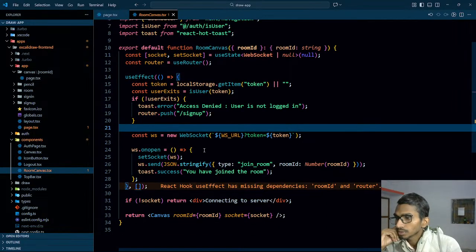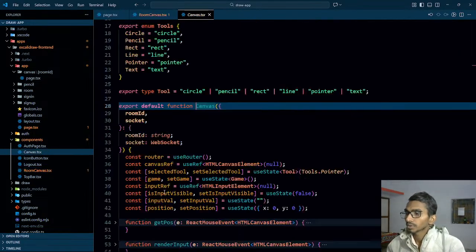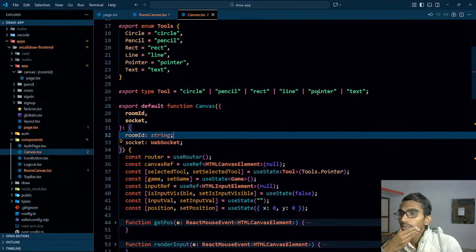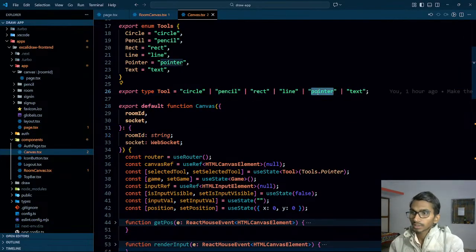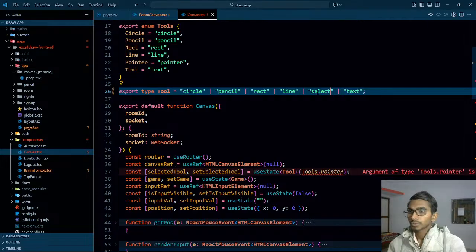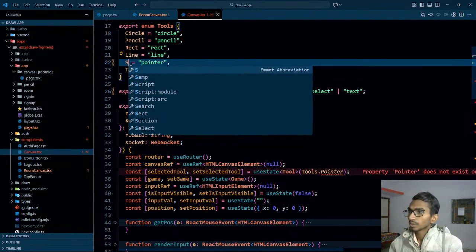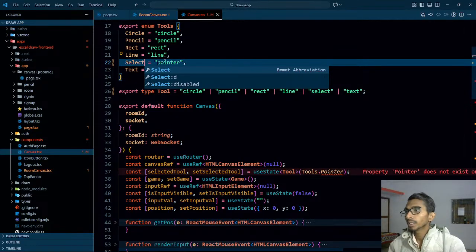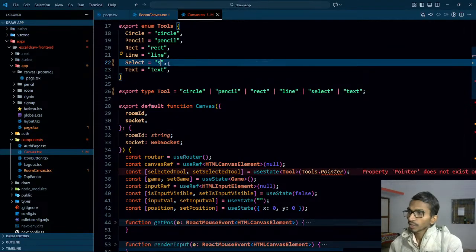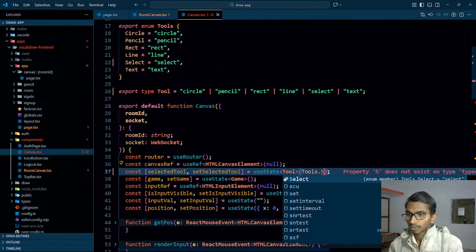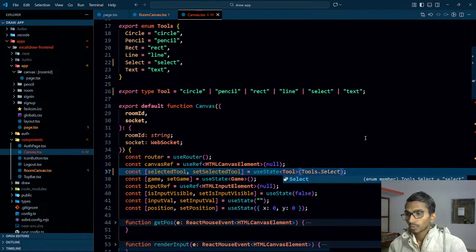Access denied. Okay, this thing is alright. Let's go to canvas this time. Once I'm inside the canvas, I have pointer. Let's make it select this time. Of course, I will start getting the error, so I will have to make it select as well. Even the name doesn't matter, but okay. As we are going to be selecting the things, we should have the right naming convention as well. This is going to be select here. Once this thing is done,